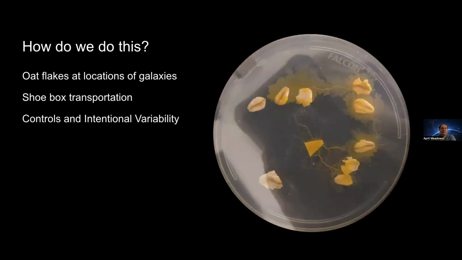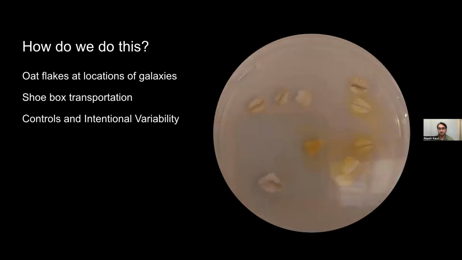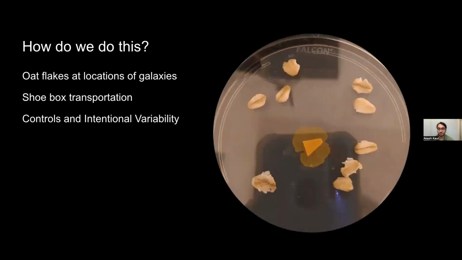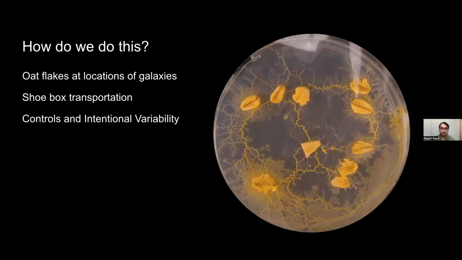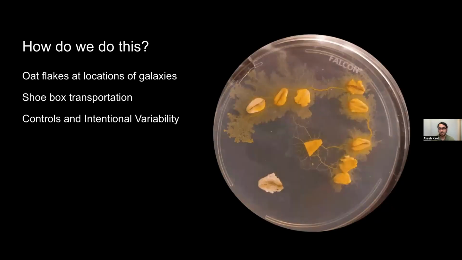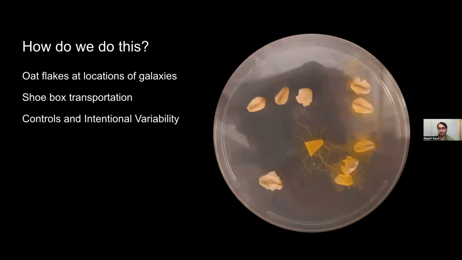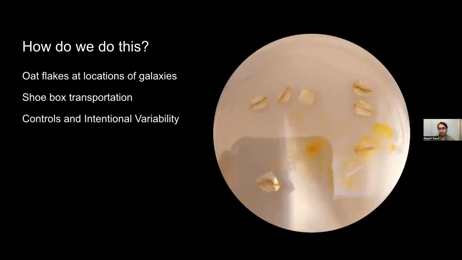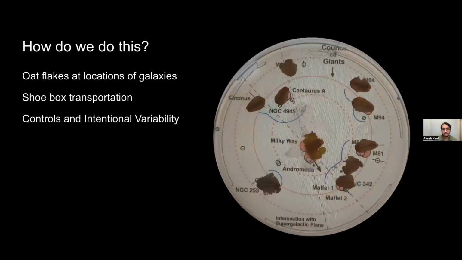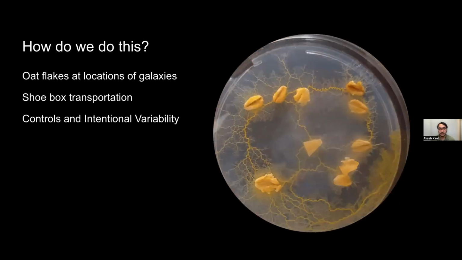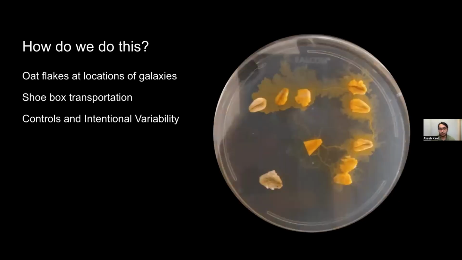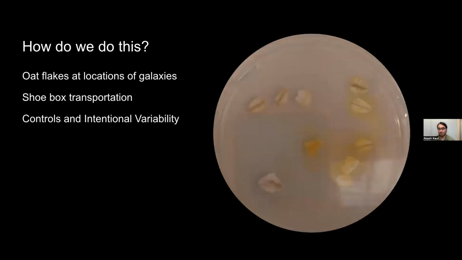Yes. So one of the important considerations for an experiment like this is the actual controls and the experiment setup itself. Right. So for slime molds, they are biological organisms and they are susceptible to fluctuations in temperature and humidity, even in light. And all of those things can affect the growth and ultimately the structures that we see in the petri dish at the end. So because of that, we had to be intentional with how we control for those things. And we also wanted to be intentional with how we didn't control those things, meaning